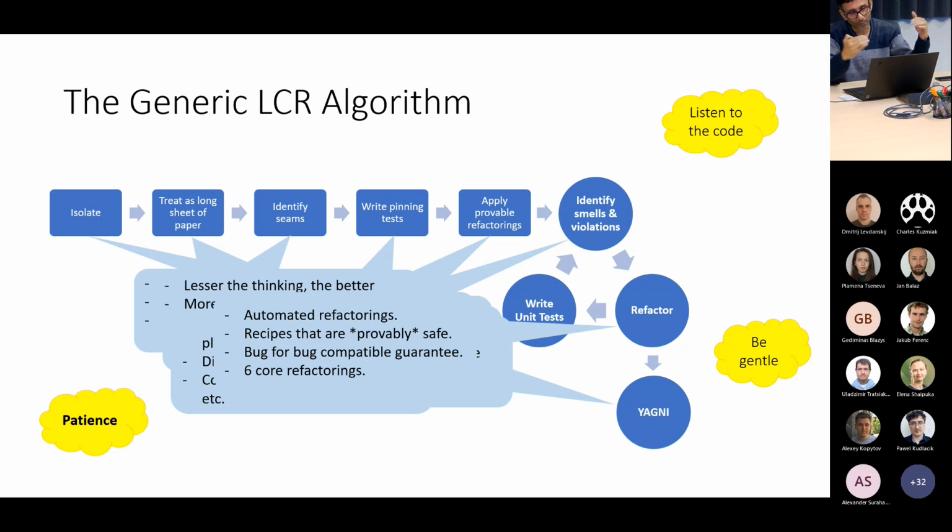That is a seam because you can technically replace that library call with a shim, which is a wrapper to the library call. Inside the wrapper, you can pass in new values without modifying the rest of the code. You can change the behavior of your code. So that's a seam. You treat it as a long code sheet of paper, and then you identify the external callouts. Those are the seams.